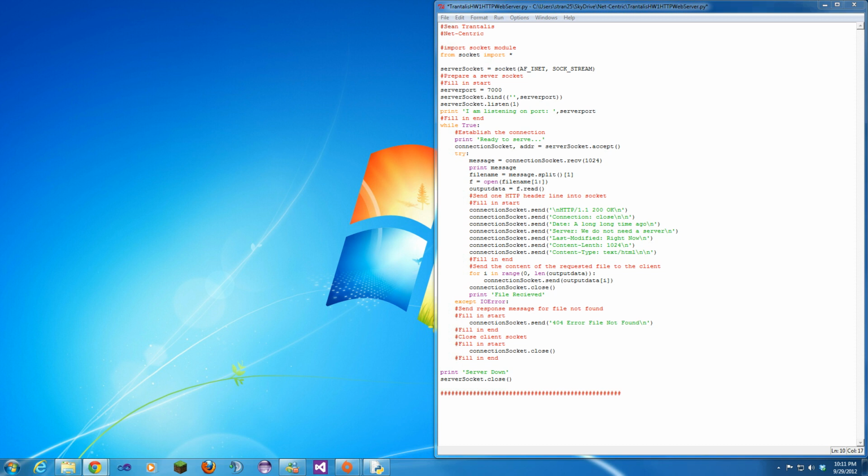So here we go. This is my first net-centric programming assignment. It's creating an HTTP web server in Python. As you can see up on my screen, I have my Python code here right now. It's pretty straightforward and simple. There's not much really going on, but I'll explain some of the lines of code just so you get a basic understanding of what is actually